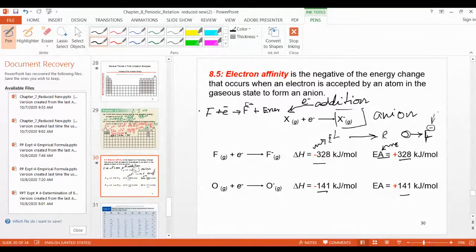In electron affinity, it means the atom will attract an electron. So when you add an electron, energy is released. Just like bond formation and bond breaking: breaking a bond requires energy, while bond formation always releases energy. Whenever bonds are formed, energy is released. So in this case the energy is released, but in the case of ionization energy